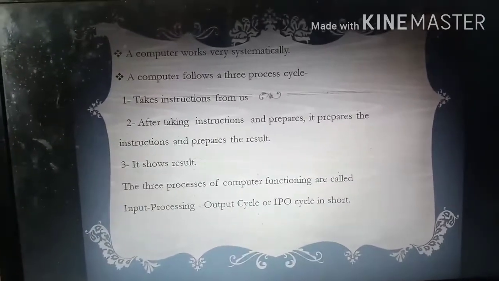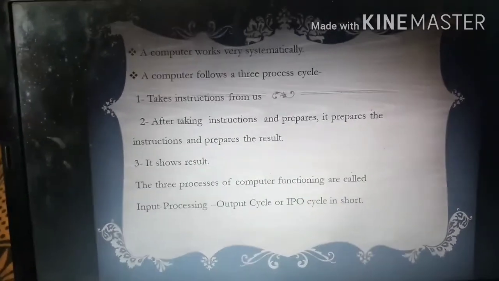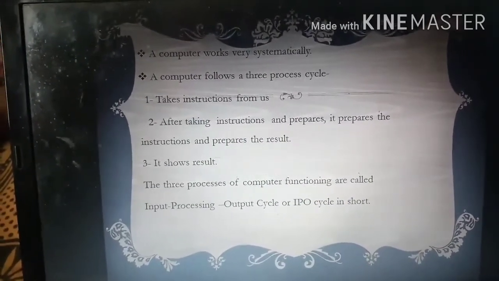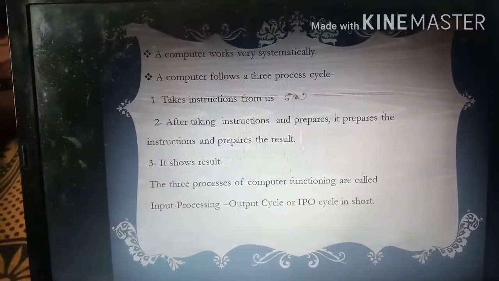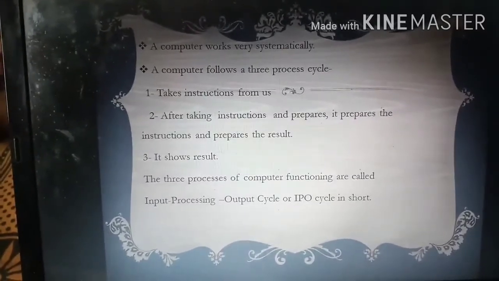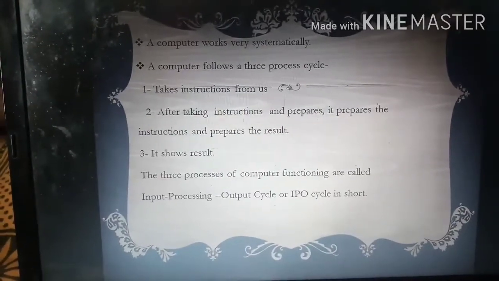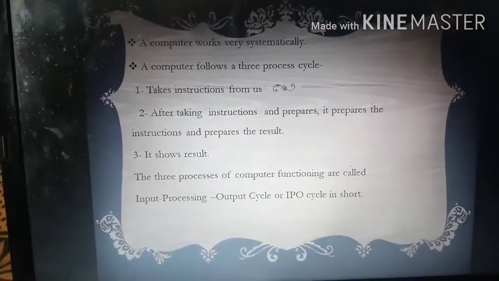First we have to enter some values with the keyboard or mouse, then it receives, then executes, then gives the results. It will not directly give the results, rather it accepts first, then processes, then gives output.